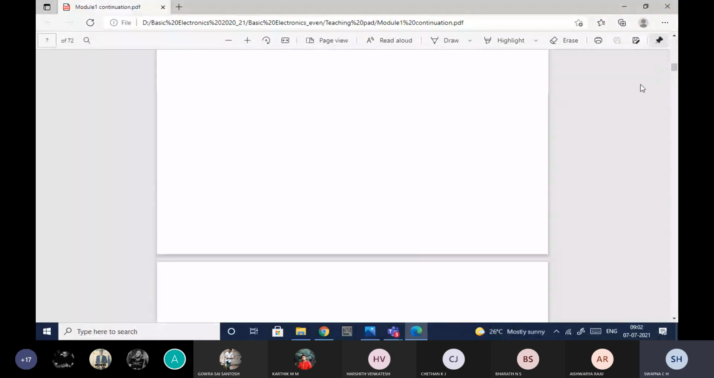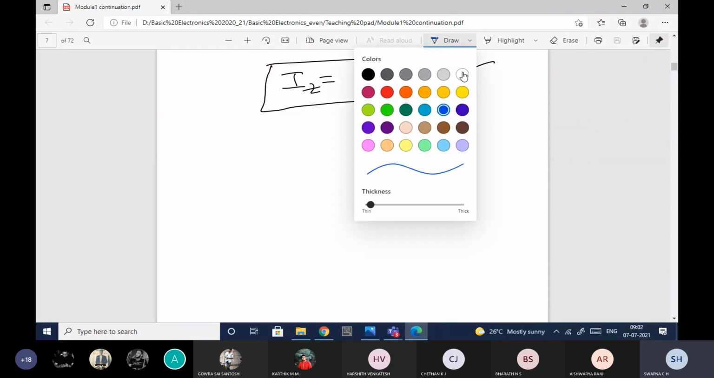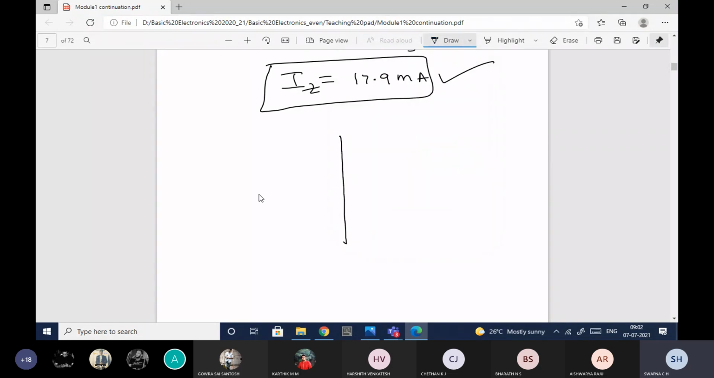So the characteristics of the Zener diode. I'll be mentioning this again and again because it will really help you remember. That is the main reason I'll be recalling everything at the beginning of the class. When the Zener diode is forward biased, it will work as a normal PN junction diode. But when it is reverse biased,